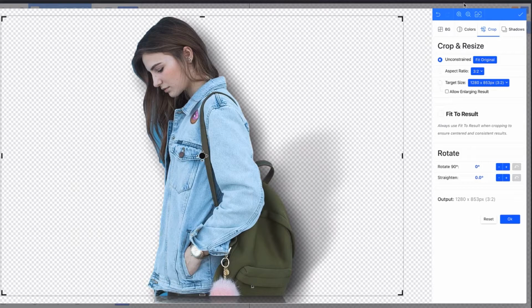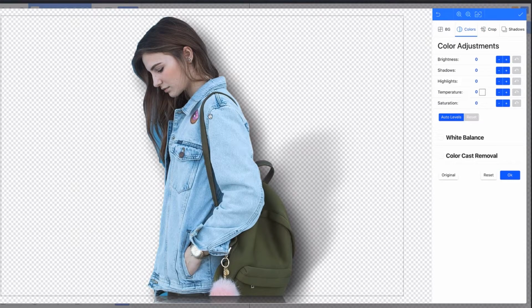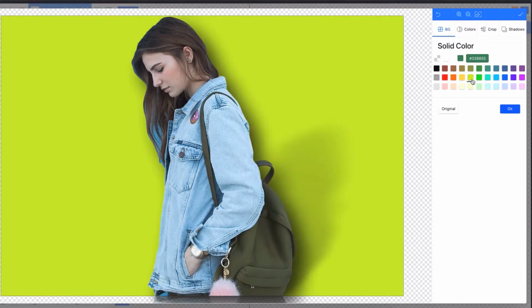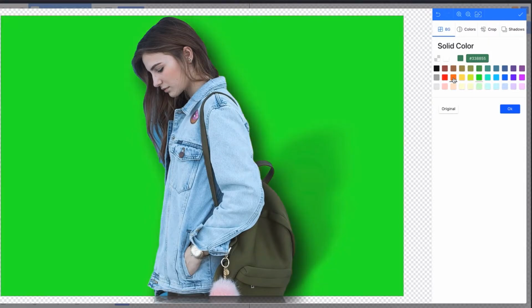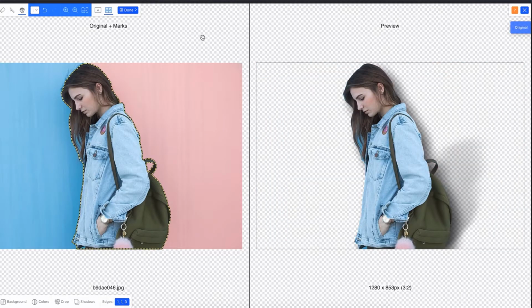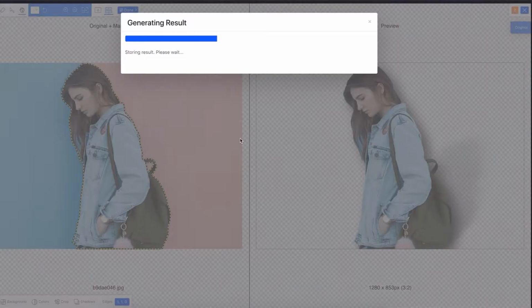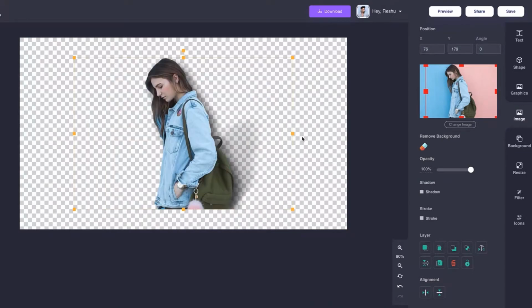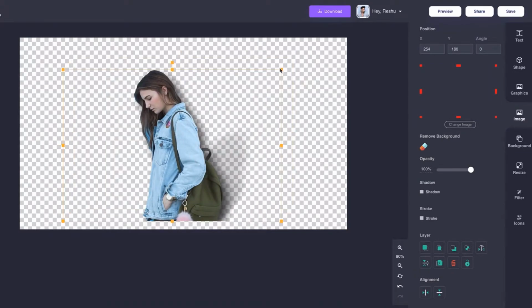You can crop the image, you can adjust the brightness, and you can also add a background to it if you wish to. Currently I don't want a background, and I'll click on OK and done. This is what I have.